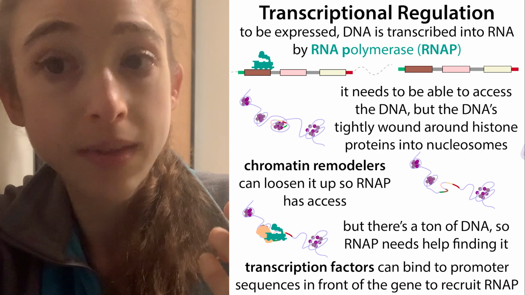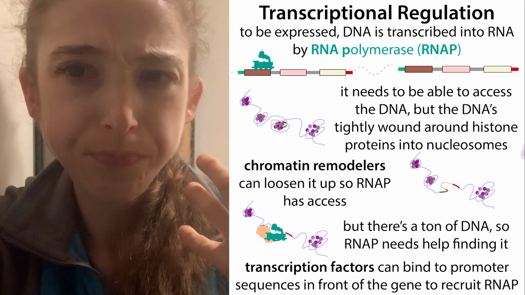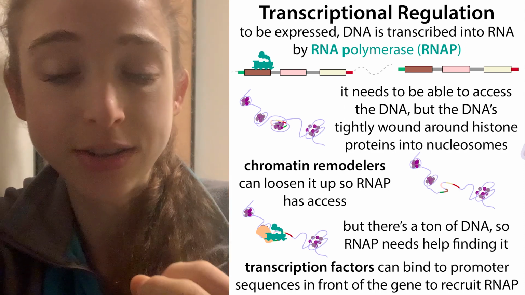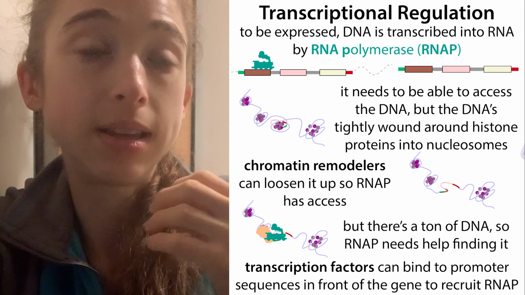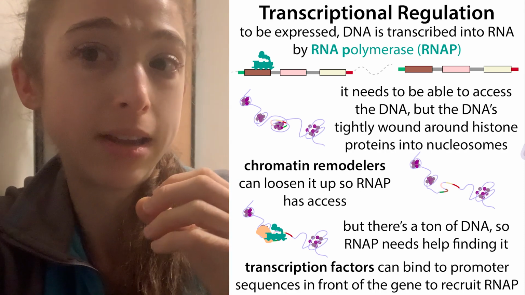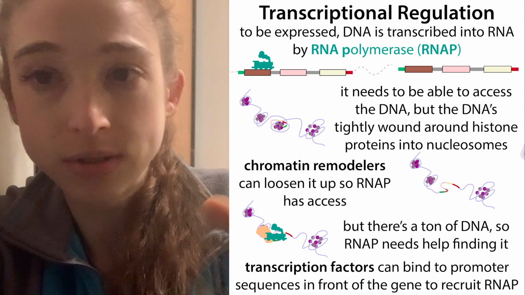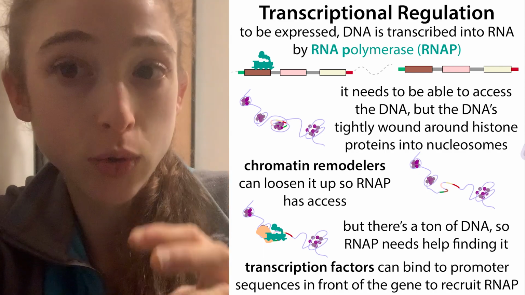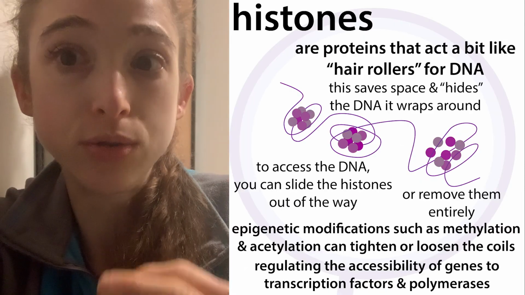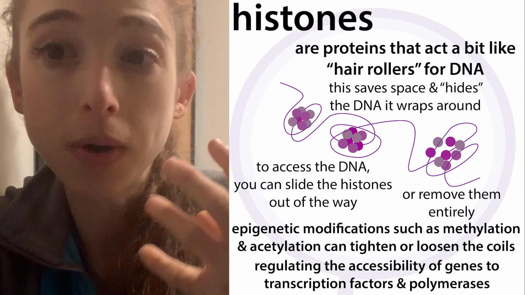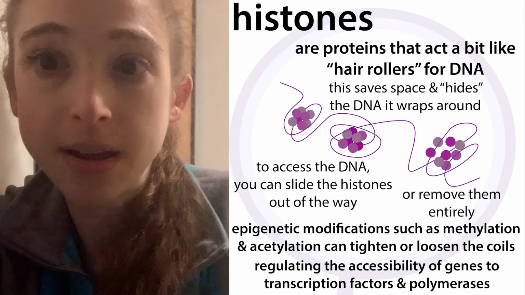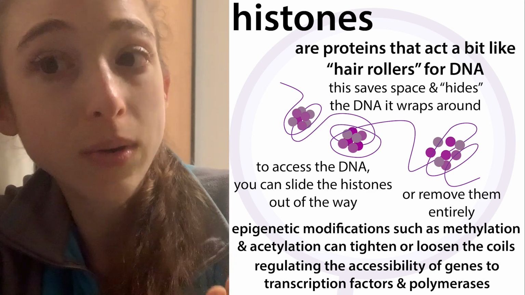Now, sometimes your cells all start as what you might have heard of as stem cells. These are cells that have the potential to differentiate into different types of cells. So they start off with the ability to become all sorts of different types of cells. But then they start making choices based on chemical signals and things like this. And early on, they're going to silence various genes. This is going back to the idea of epigenetics. So sometimes they wind up parts of the DNA and hide it, because they're not going to use it.